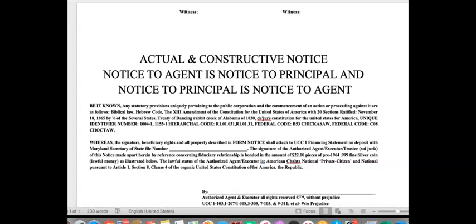Biblical law, Hebrew Code, 13th Amendment of the Constitution and its 20 sections ratified November 18, 1865 by 3/4 of the several states. Treaty of Dancing Rabbit Creek of Alabama, 1830, de jure Constitution for the United States for America, unique identifier number. Now, you know in your CDC,